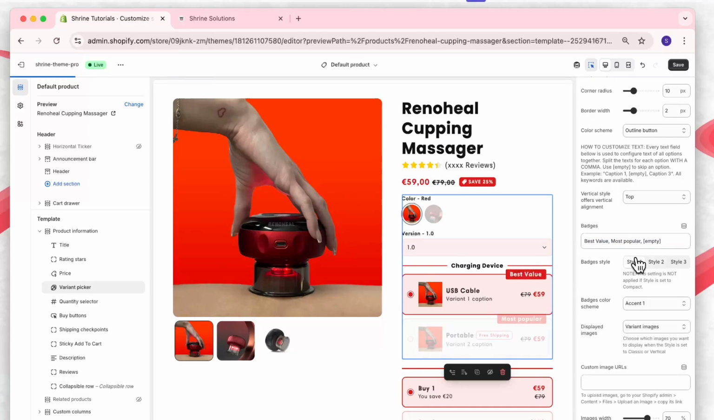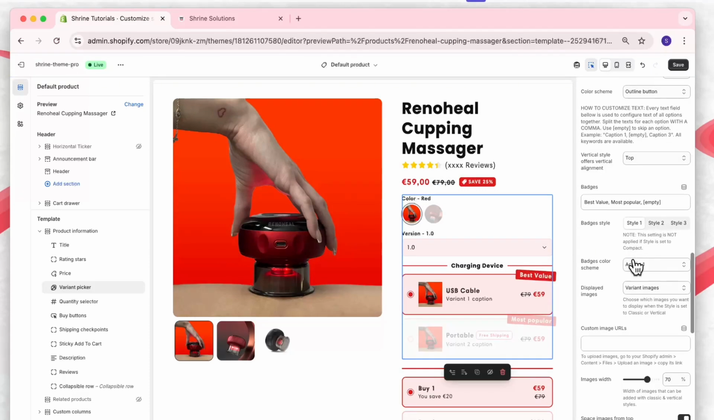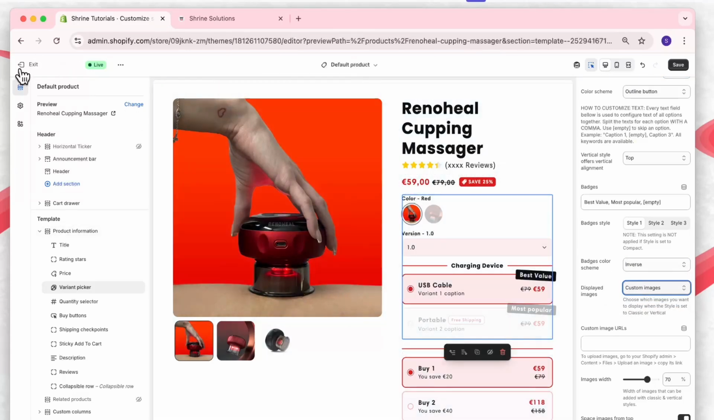There are 3 different badge styles that you can choose from, and you can switch between them here. You can also change the color of the badges here. Now, as for the image that gets displayed, you can either display the variant images or choose to display a custom image. In order for the custom image to appear, we need to head back to our Shopify dashboard and